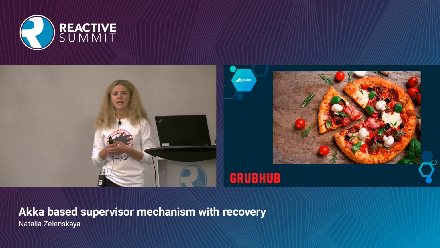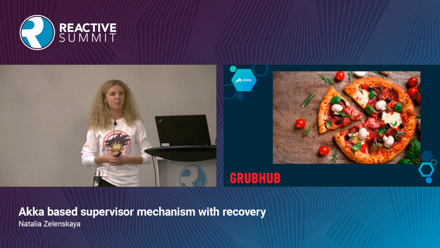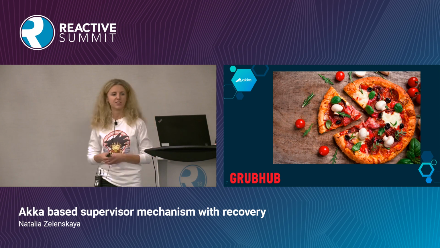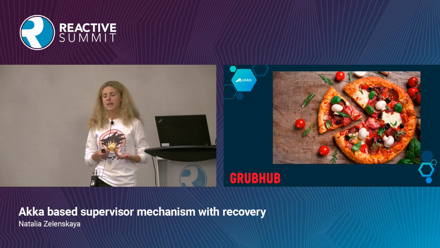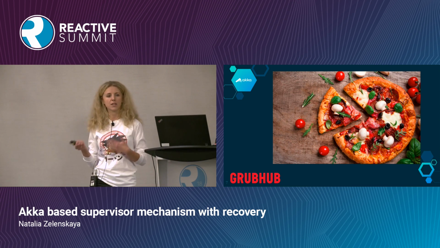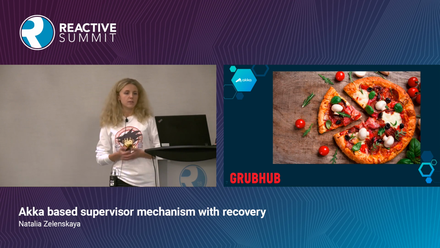So imagine we would like to place a very tasty pizza order through GrubHub, and we would like it to be delivered here by 4 p.m. after the presentation. So the first step in the order fulfillment process is sending this order to a restaurant to get the confirmation that they actually can prepare this pizza by 4 p.m. And ideally, they will send us back some estimations on delivery or pickup time.